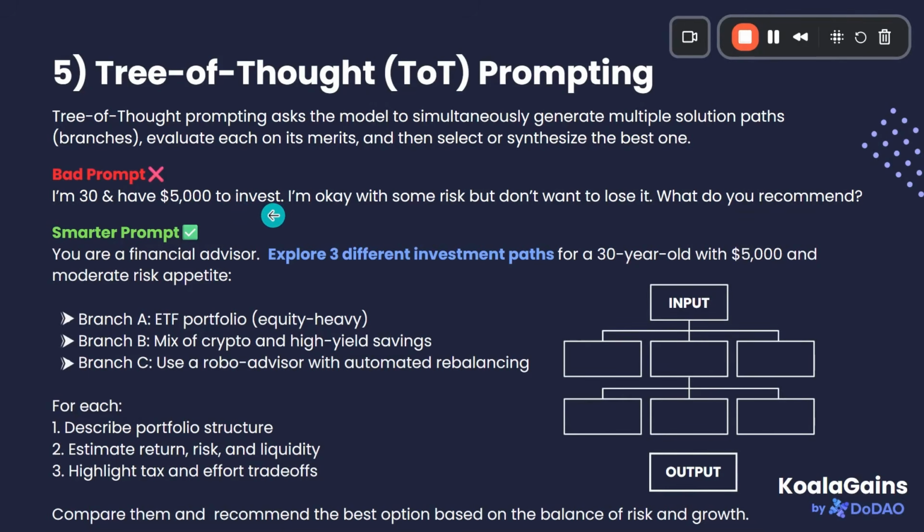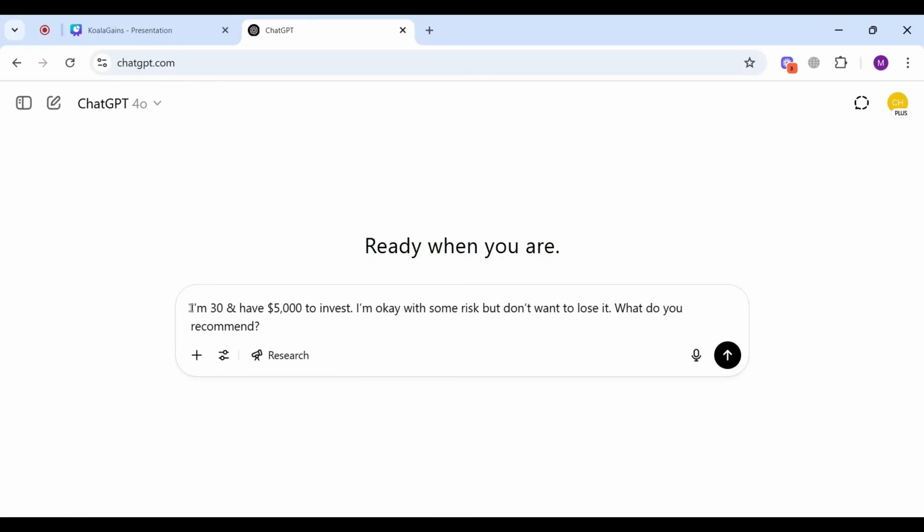Now let's try to understand it through a complex problem. We'll first try to solve the problem without using tree of thought, and then we'll solve the problem by using tree of thought, and we'll check out how tree of thought makes a difference. The problem is that I have some amount of money that I want to invest, but I do not know where I want to invest that money. So I ask the LLM to suggest some options where I can invest that money. I also tell it some conditions: that I am okay with some risk, but I do not want to lose it all. What do you recommend?